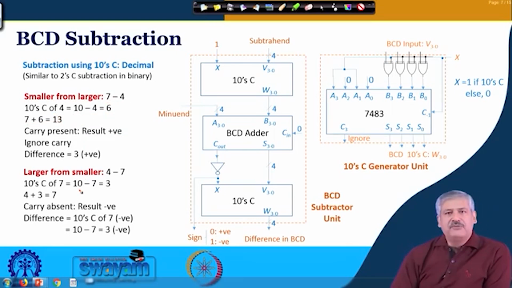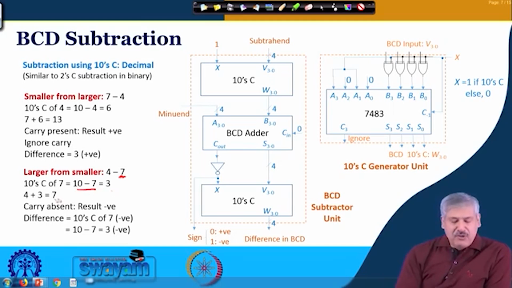And had it been 4 minus 7, how would it have been? We will take 10's complement of 7, which is 10 minus 7, equal to 3. 4 plus 3 is 7, and you see there is no carry, so basically 7 means 07. So carry is absent, which means the result is negative. Again you can see the similarity with 2's complement